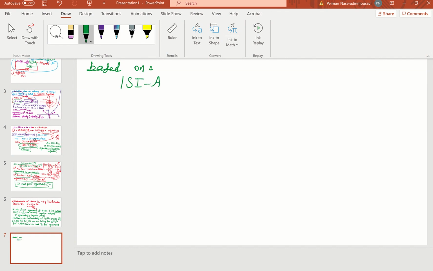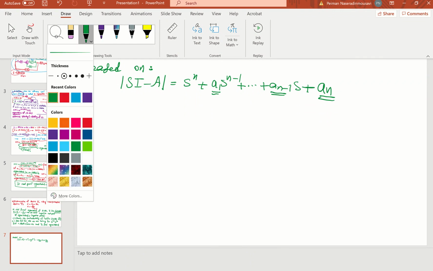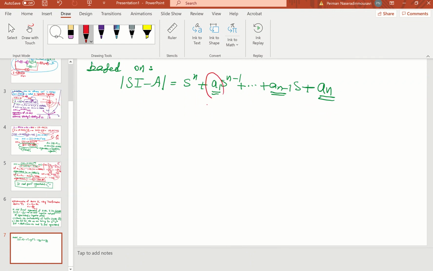sI minus A. Remember, I just taught you that it is going to be s^n plus A1 s^(n-1) plus ... plus A_(n-1) s plus A_n. We need to work with these coefficients, eigenvalues based on this. So you have to determine, I'm going to give you an example now, A1, A2, A_(n-1) and A_n. Okay, after doing that, 3,